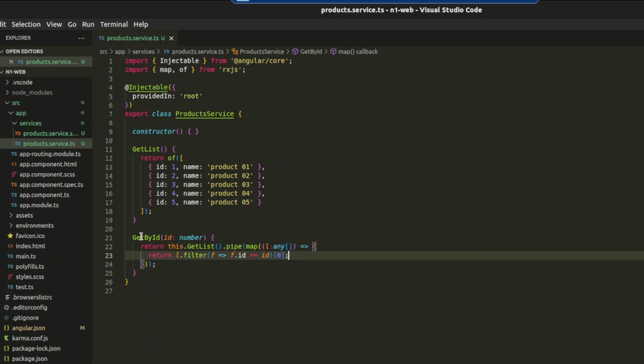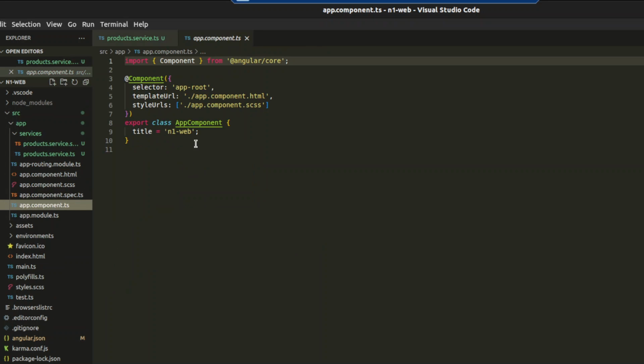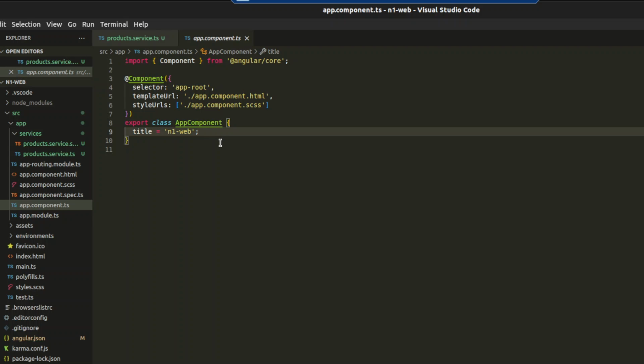So that's it. This is going to return an observable, and this will map to this one, and then this one is still an observable. Okay, then we're going to use that in our